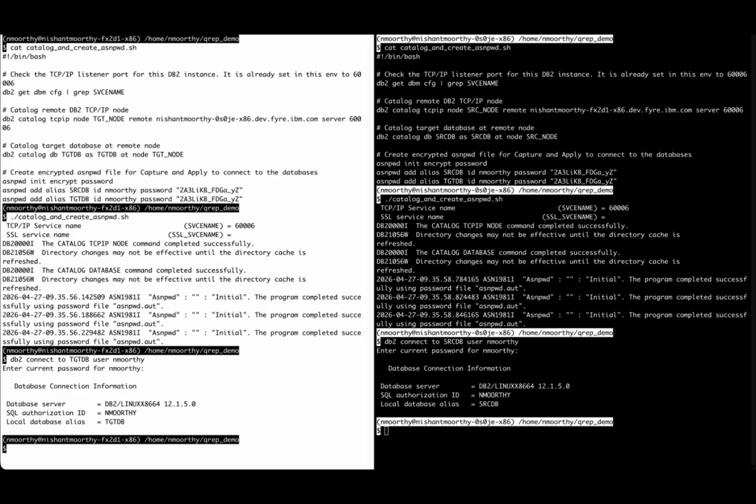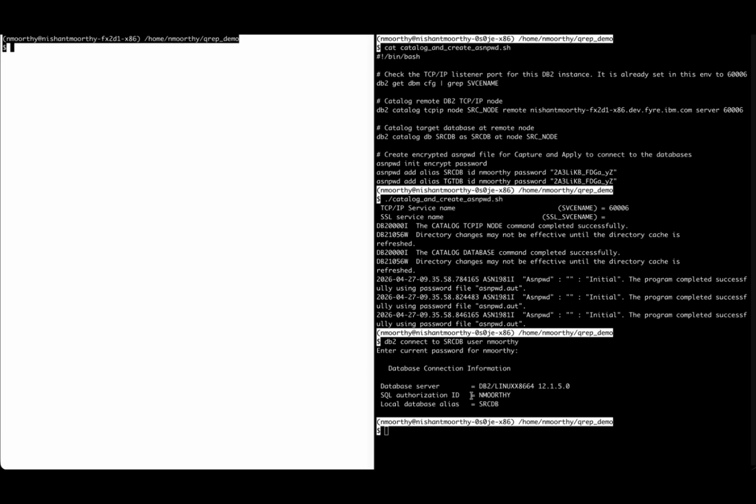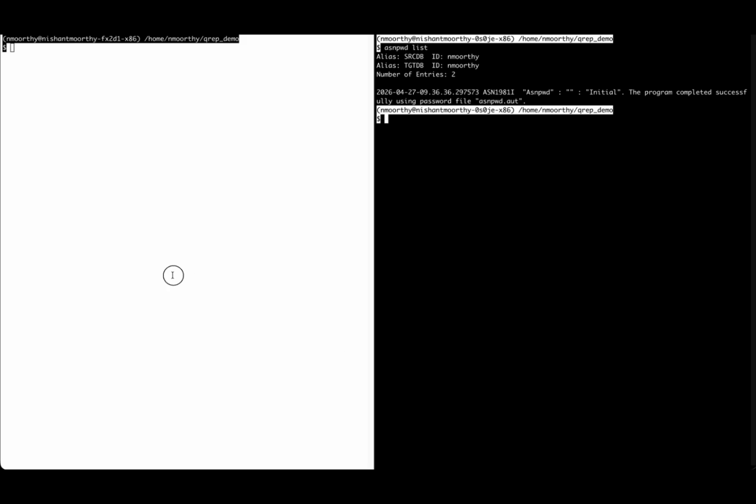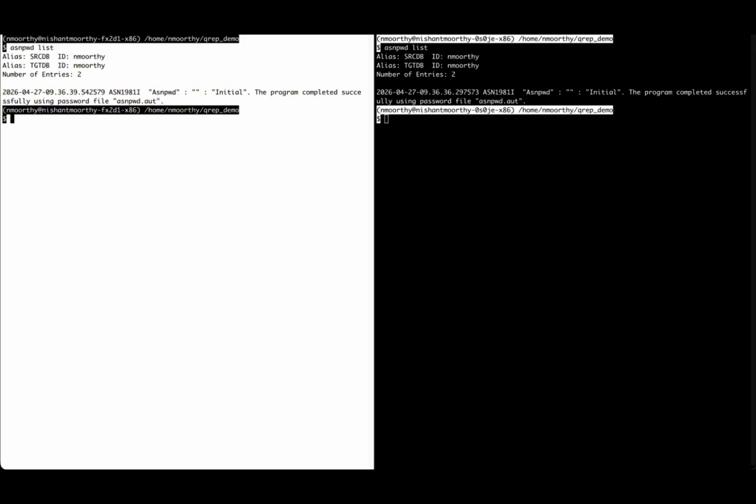The last thing I want to show is the password file. So if we do asnpwd list, we can see that both files on both servers have both of the aliases so that replication can connect to the database. This is how replication knows which user ID to use. Okay, so the next step is to